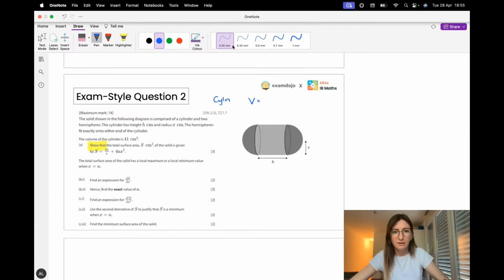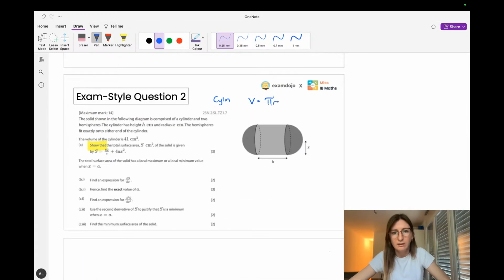Okay, and we were having the volume of a cylinder was pi r squared height, and the surface area of a cylinder. It's just helpful to have these already before you even start. Of a cylinder, we want